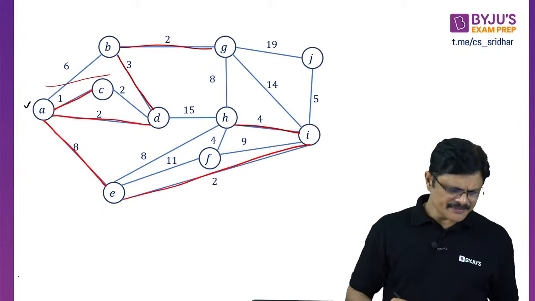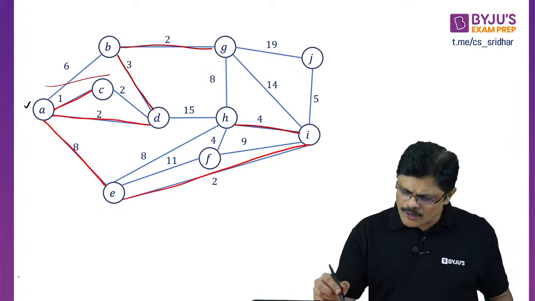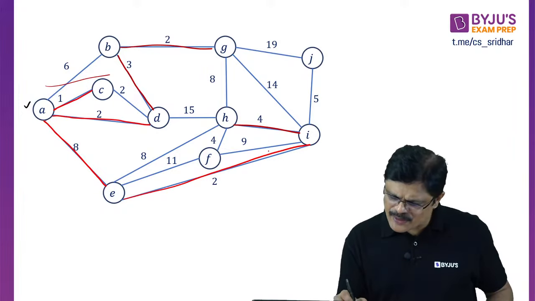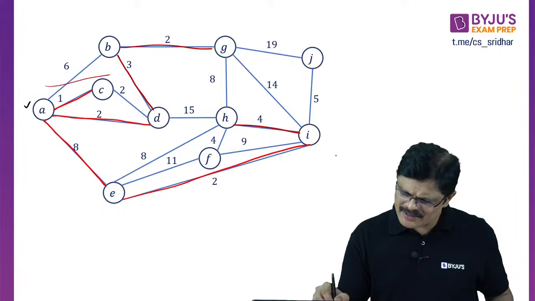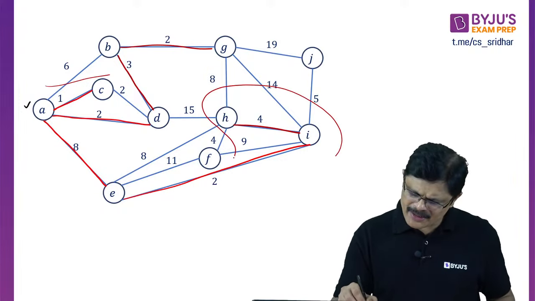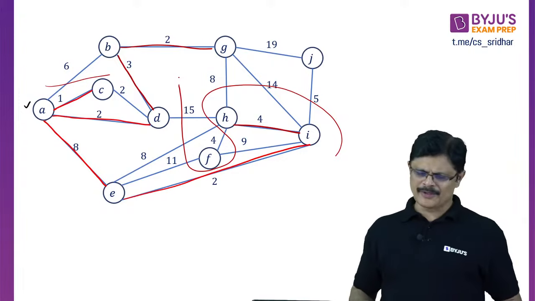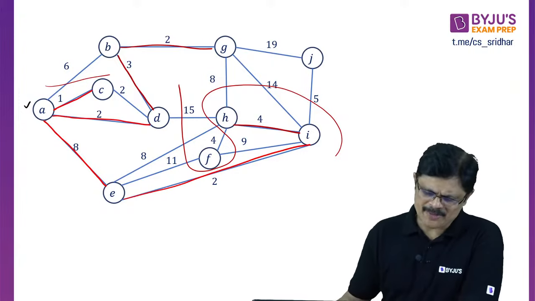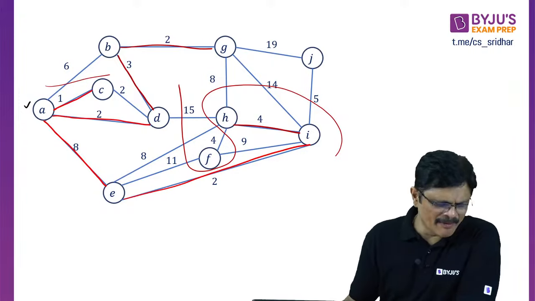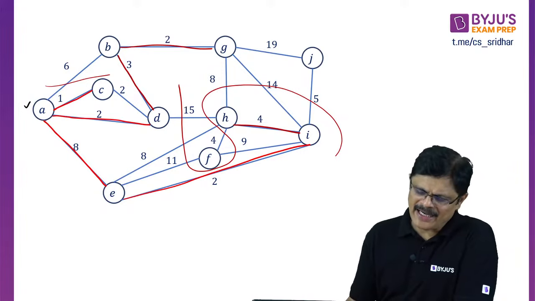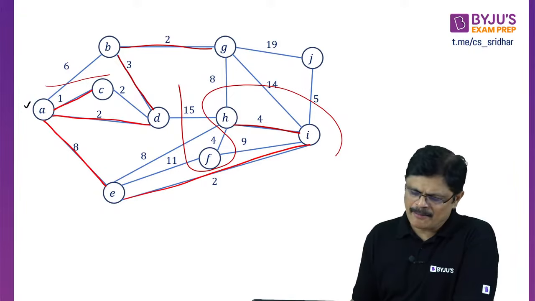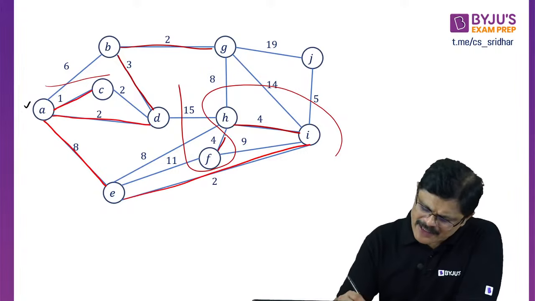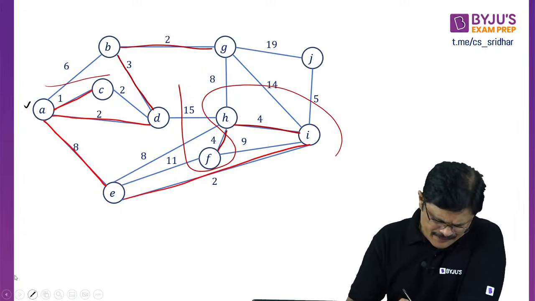Now what happens? Create a cut. Now see the cut which cuts this from the remaining parts. Am I clear? You can see that. All possibilities, and in that, what is the minimum one? 9 is there, 4 is there, 11 is there, 8 is there, 15 is there, 8 is there, 14 is there, 5 is there. But out of that, what is the minimum? 4 is the minimum. Select it and remove this.